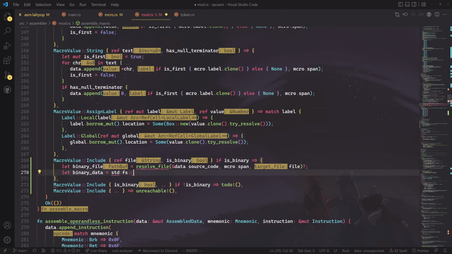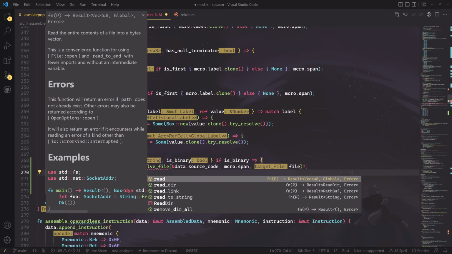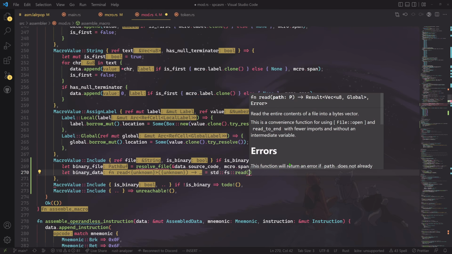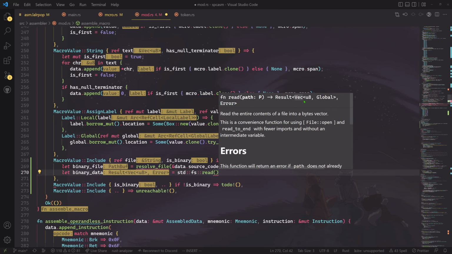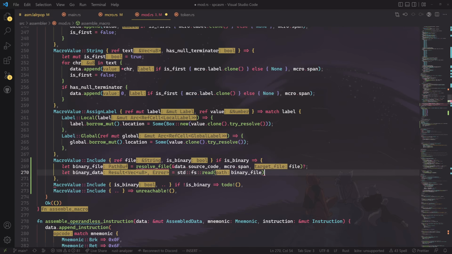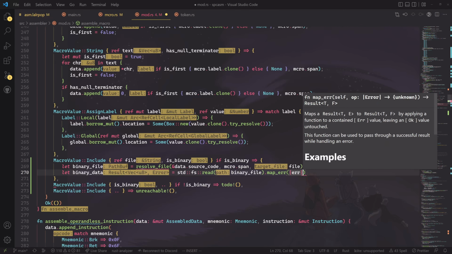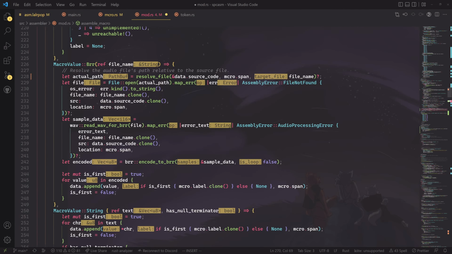Instead of that, read. Oh, I can just read. I can literally just call read and it will give me a Vec of u8, which is exactly what I want. That's from the binary file. Yeah, and then we need to map the error. I've done something like that above, which again maps to a